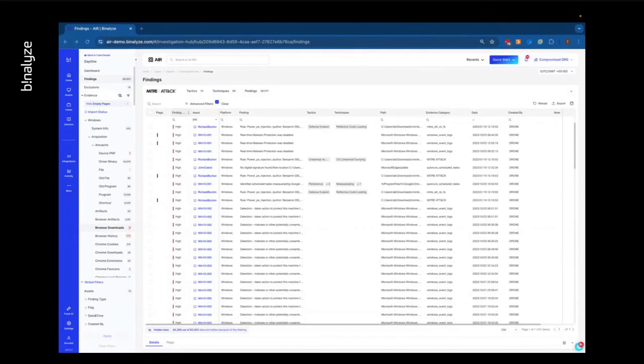Exclusions. This is new in 4.13 as well, and this is a brilliant way of being able to reduce the number of items that are shown to you as findings. So at the moment I'm on the findings page, and if I was looking at, say, these top 3 items here marked with real-time protection was disabled, and I'd established that these actually were not relevant to my investigation